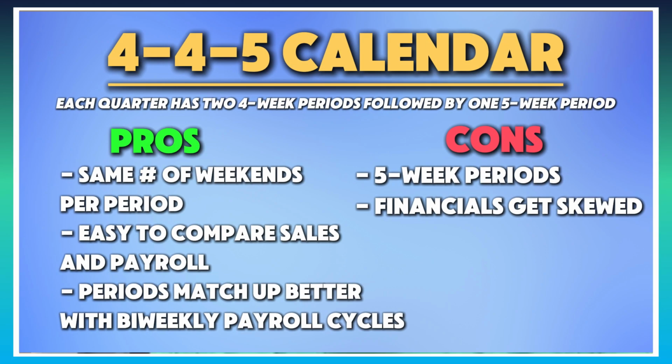In a 445 system, the periods work as follows. The first period of the quarter is 4 week period, followed by another 4 week period, followed by a 5 week period. Over 4 quarters, you get the 52 weeks. And every period starts on the same day and ends on the same day. Therefore, there's an equal number of the days in the week across each of the periods, and you can compare apples to apples. The advantage of the 445 is that you have 12 periods throughout the year, so you can